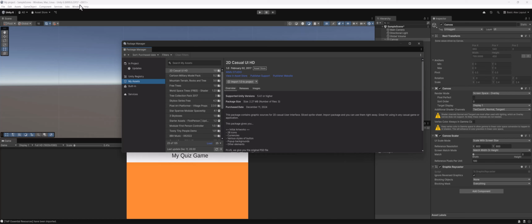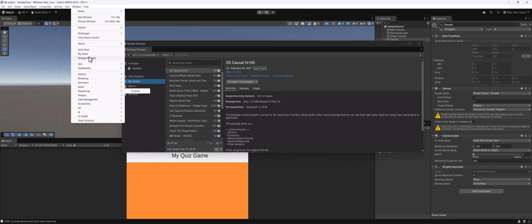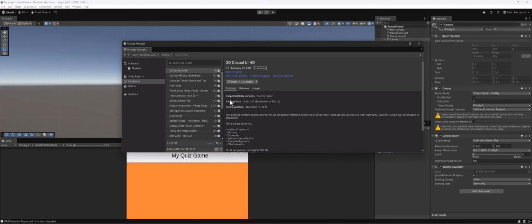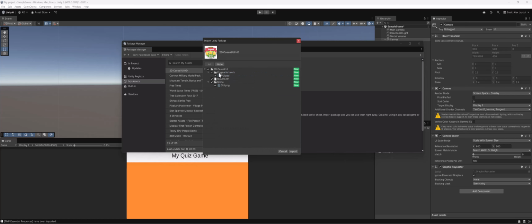Now, if this didn't pop up for you, you can go to Window and then go down to Package Manager, and that'll open this up. If it didn't pop up, you want to go back to Microsoft Edge or Chrome or wherever you're using to access your asset store, and you want to re-click that button to bring it in here. I want to go ahead and hit Import 1.0 to Project,